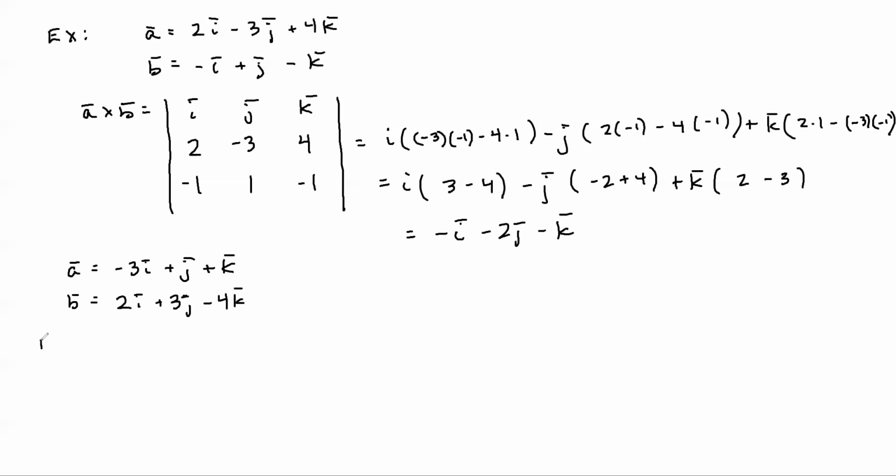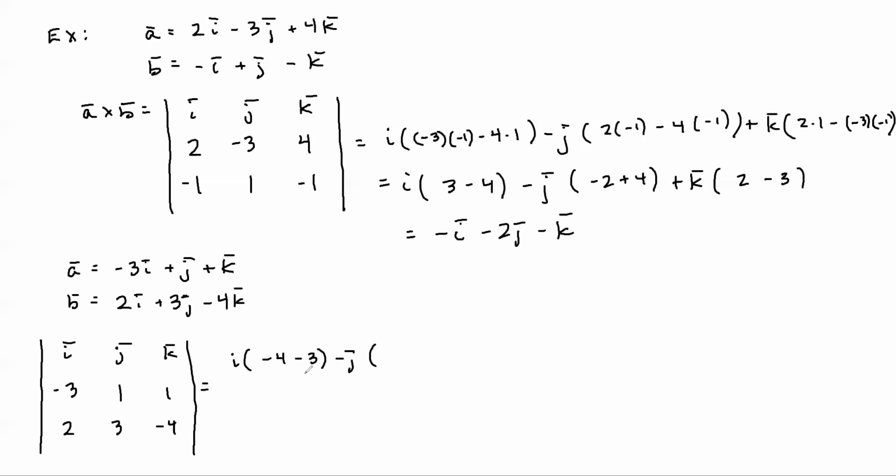Then in that case, we can go through and calculate the determinant of the 3 by 3 matrix. You get i, j, k, negative 3, 1, 1, 2, 3, negative 4. So we end up getting i times 1 minus negative 4, which is negative 4, 1 minus 1 times 3, so minus 3,